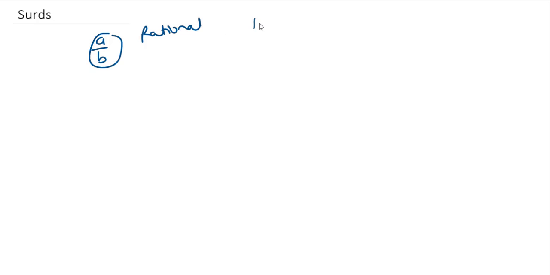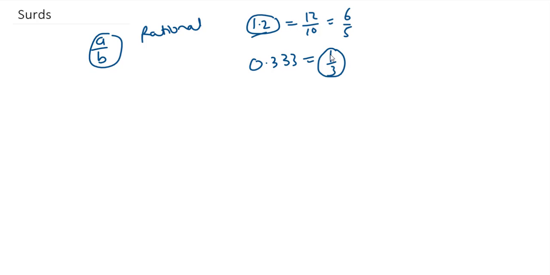Examples: 1.2 can be expressed as 12 by 10, which can be further reduced to 6 by 5. So 1.2 is a rational number. Then if we take 0.333, this can be expressed as 1 by 3, hence it is also a rational number. It is of the form a by b. If we take another example, 1.333, this can be written as 4 by 3, hence it is also a rational